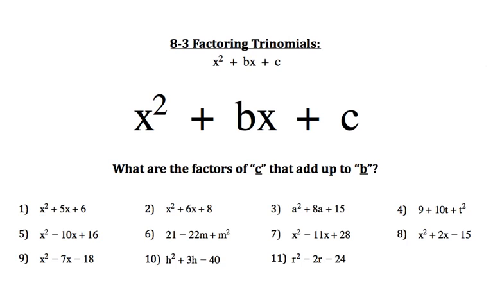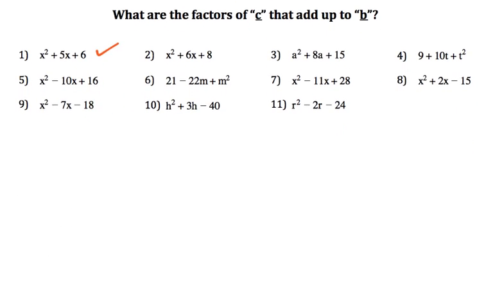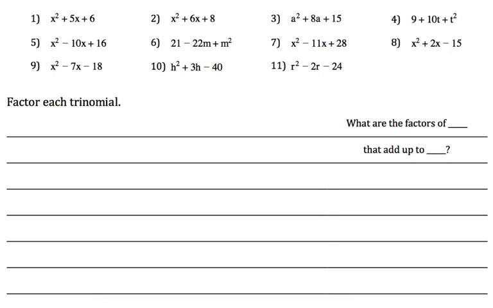Okay, here's the first problem we'll look at: x squared plus 5x plus 6. And repeatedly, you want to say this to yourself: what are the factors of C that add up to B? That means you're looking at the last number for the factors so that they'll add up to the middle number. I've moved this up. What are the factors of C that add up to B? I wouldn't do this for every problem, but it's got to be in the form of x squared plus